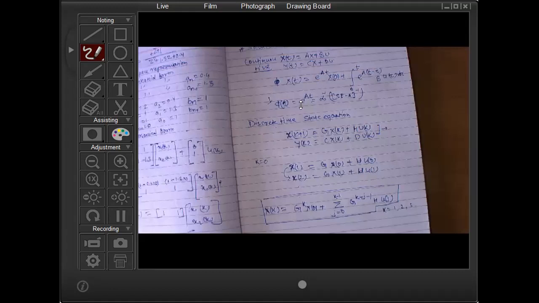Now you know in a continuous time domain, e to the power At matrix is known as the state transition matrix. Similarly, in the discrete time system, G to the power k matrix is known as